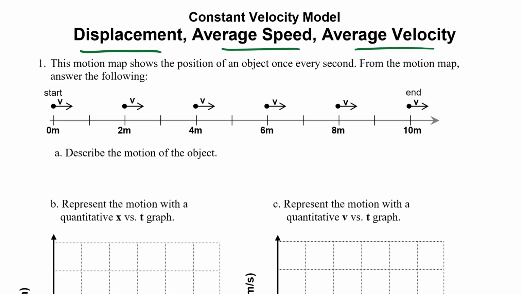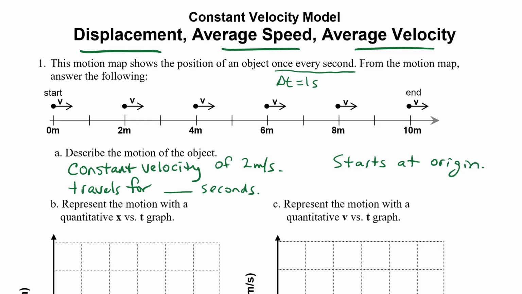All right, the first question has a motion map and we're supposed to describe the object. I tried to have a really nice answer here. I said that it is moving at a constant velocity. I know this because these arrows are all the same length, because it told me that the dots are 1 every second. So I put the delta t equals 1 second in there to make the motion map nicer. From that I know that it is moving 2 meters in every second, so it is a constant velocity of 2 meters per second. I know that it starts at the origin because this is lining up with the 0 meters,